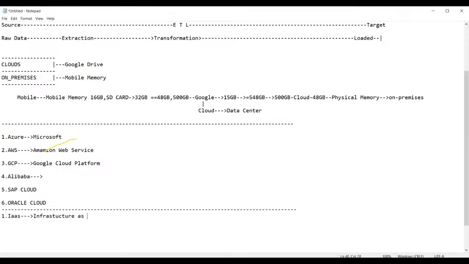Infrastructure as a service. And then you have what's that? PaaS. PaaS stands for what, guys? PaaS stands for what? Platform as a service. Then, guys, third one is SaaS. SaaS stands for what, guys? Software as a service. Software as a service. Guys, these are the three different